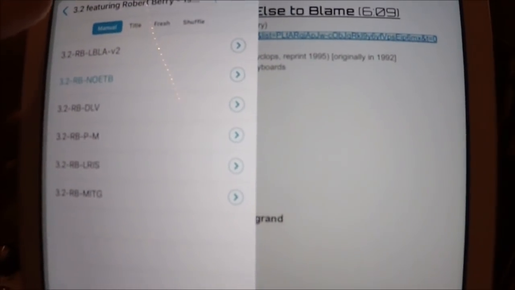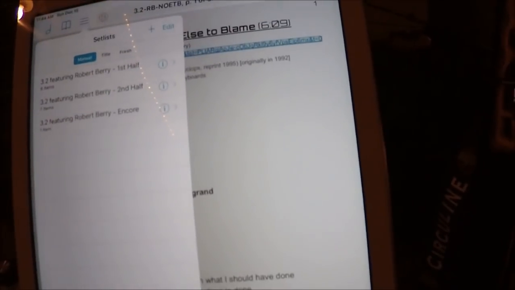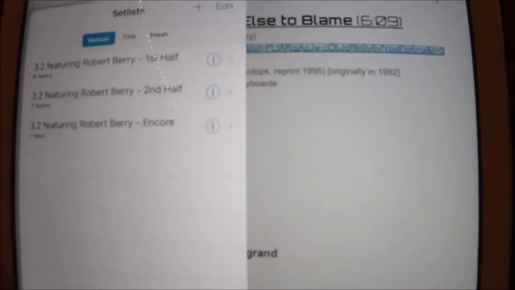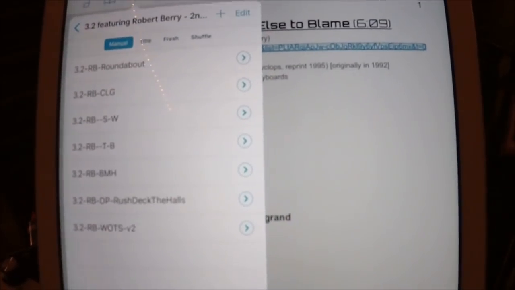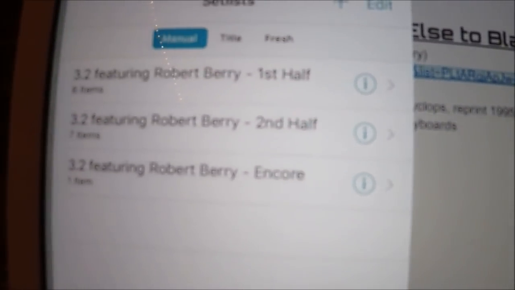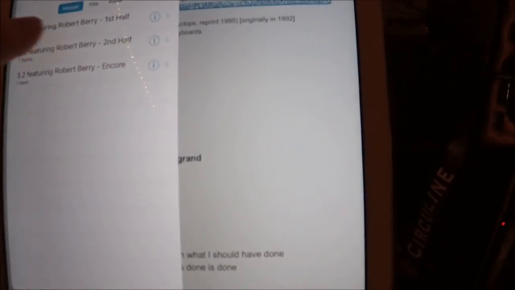Now in the past, and then there's all the songs for the first half of the set, what I used to do is one giant 20-page or 50-page document, but what I find now is that sometimes you want to change things in the set. You've got a shorter set, you've got a longer set, you want to move stuff from the first set to the second set, change the Encore. So what I do now is I create one PDF for each song, and then I just put it in here,